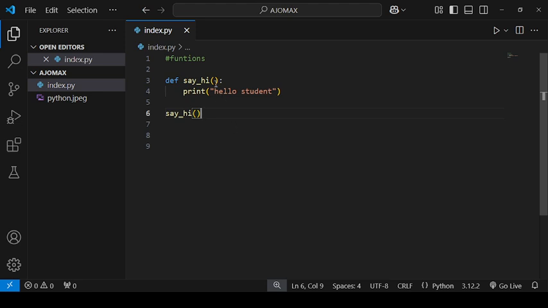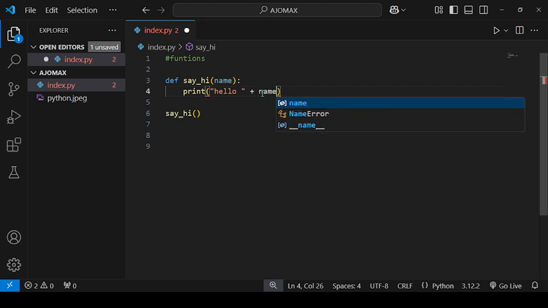For example, I can come here inside the say hi, a bracket, then I'm going to add something like name. Then inside here, I'm going to delete student. I'm going to remain with the hello only. I will create some space there, then create another space here, add a plus sign. Then I'm going to say something like name. After that, I will come inside here where I was calling my function, and I'm going to have the name